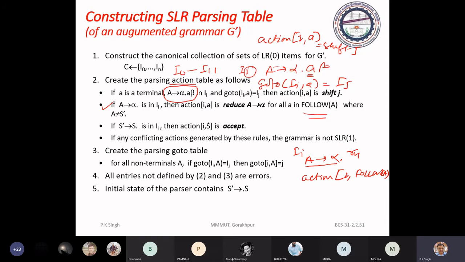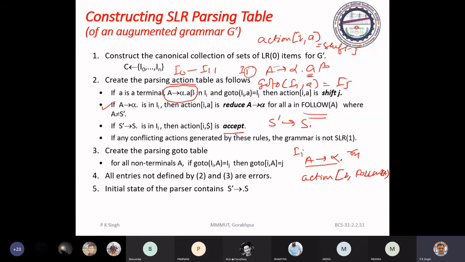For this particular case, S dash to S dot, it says completion of the parsing.